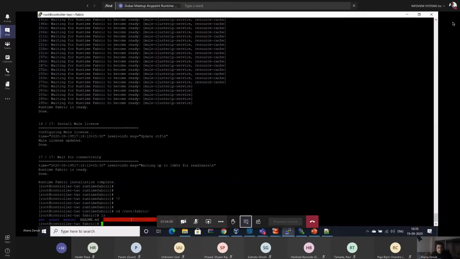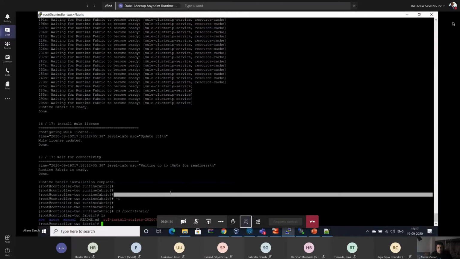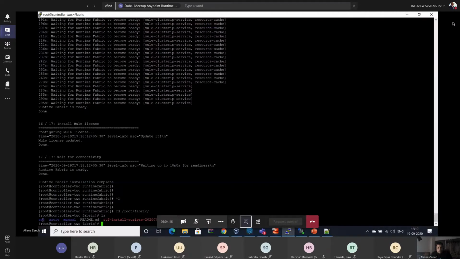I have extracted this script over here, so you can use it wherever you want to deploy: AWS, Azure, and this is manual right now. Definitely it will support GCP as well, and that's not required to have any additional scripts. You can use the manual, or you can use Azure. You can customize these scripts, and you can deploy in GCP as well.